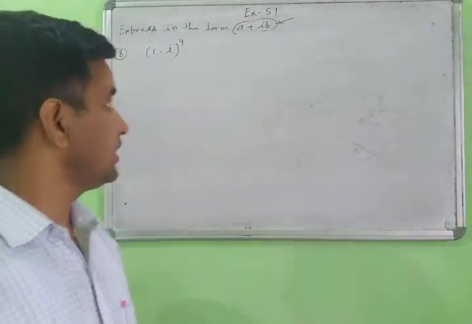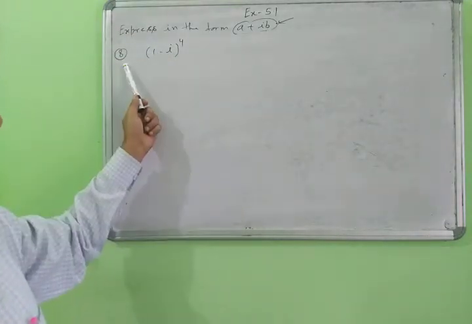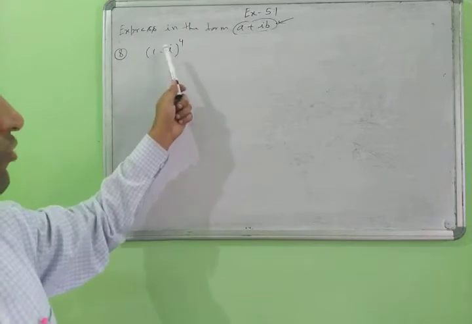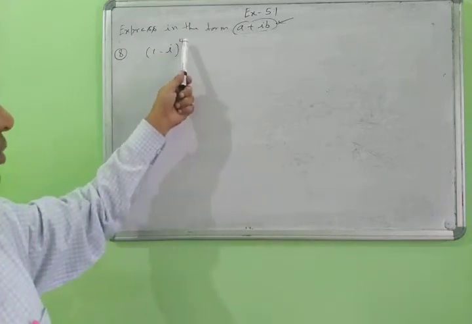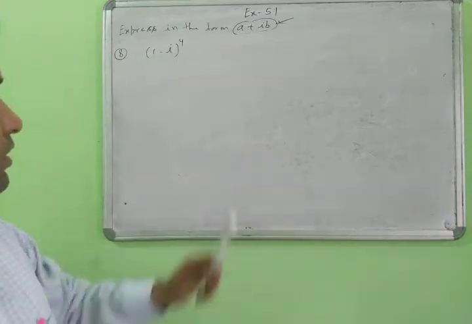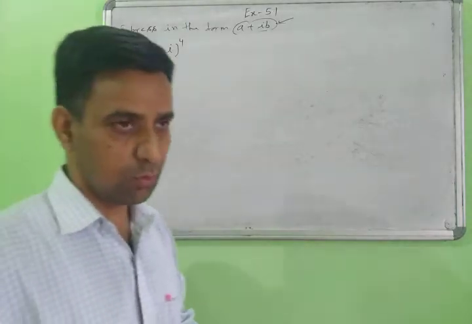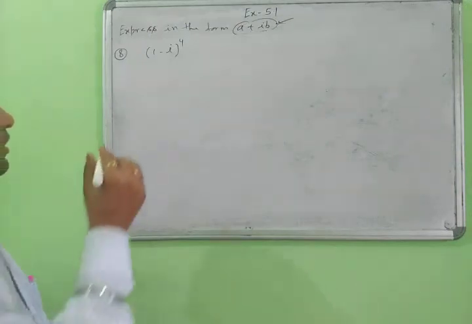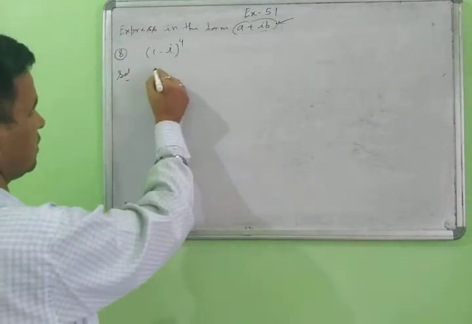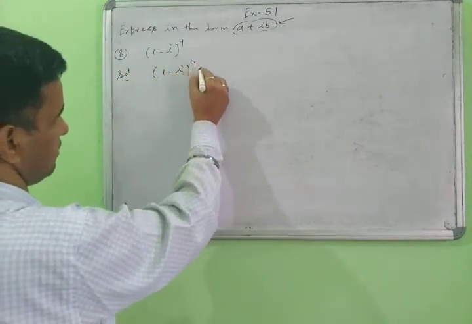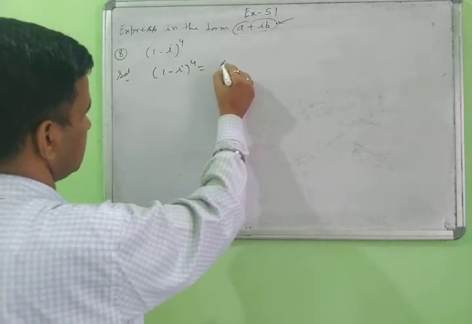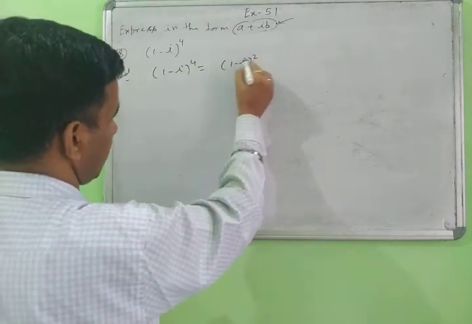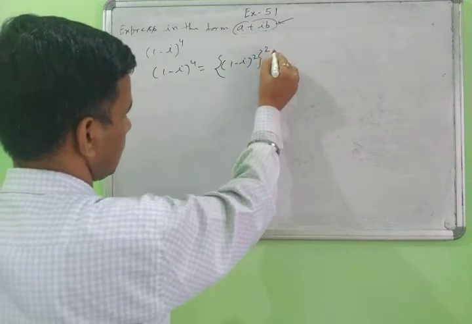Yes, students. Next question, answer question number 8. The question is given in the identity form: (1 minus iota) whole power 4. You know the identity, so the whole power is 4, then you convert it into whole power 2, whole square. So then start the solution here: 1 minus iota exponent 4. Then how to solve this? This will be (1 minus iota) square, and then you write it in square.